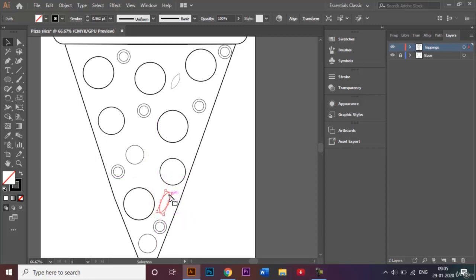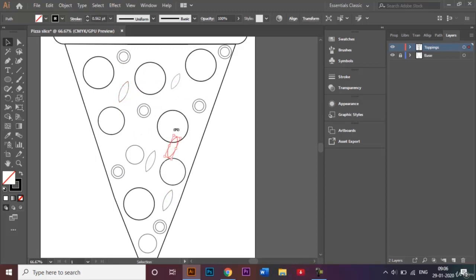Place one over here. And in case you're having a little difficulty with the Alt key as well, you can just use normal copy paste, right? So once this is selected, just copy it by clicking on Ctrl C and then Ctrl V. So if you're more comfortable with Ctrl C and Ctrl V, that's okay. So you can just keep making multiple copies like that,